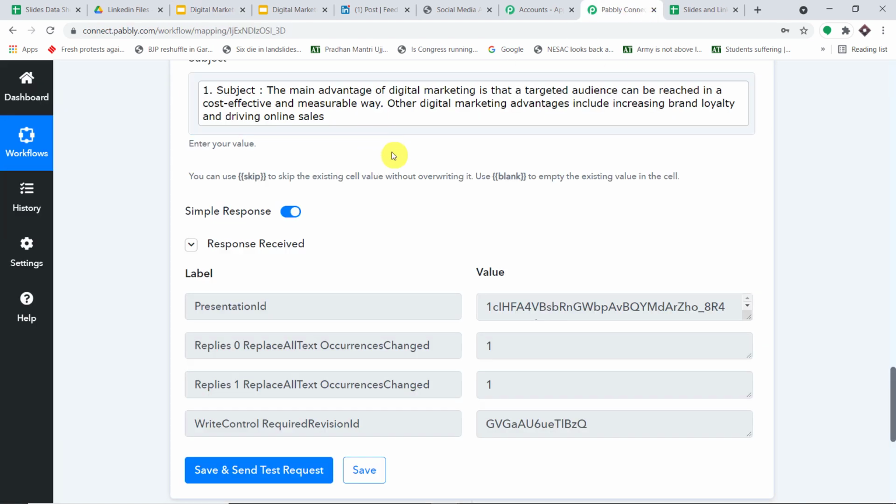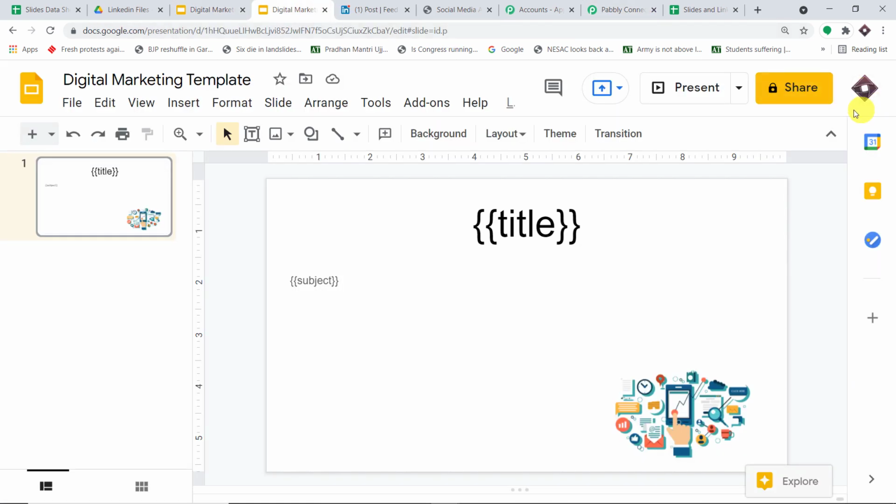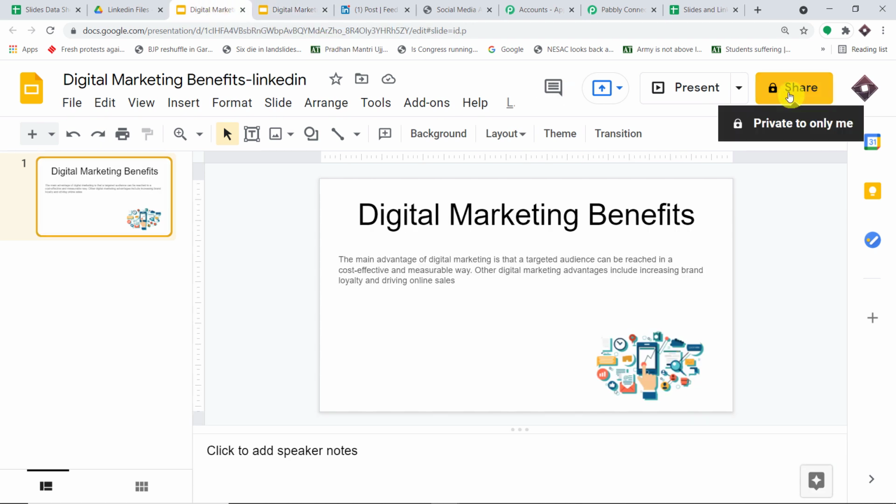Awesome. So what's next? Now there is something else I have to show you. As you can see at this point, this particular file is private only. Basically it means that it can't be shared with anyone. Now we have to make sure that this file can be shared on LinkedIn, because some person will open this file, and this file has to be shown to him. I mean, the person should see that file. Without making sure this has a shareable link, we can't do that. So first we are going to create a shareable link. Remember this: at present it has a lock symbol and it is showing private to only me.